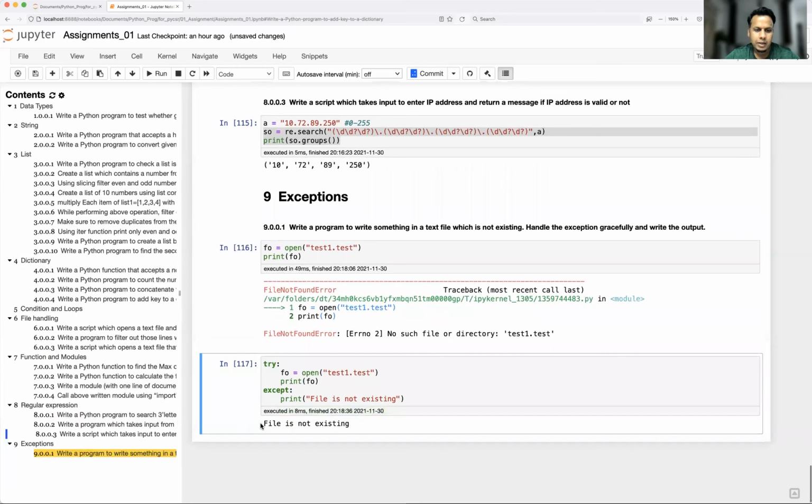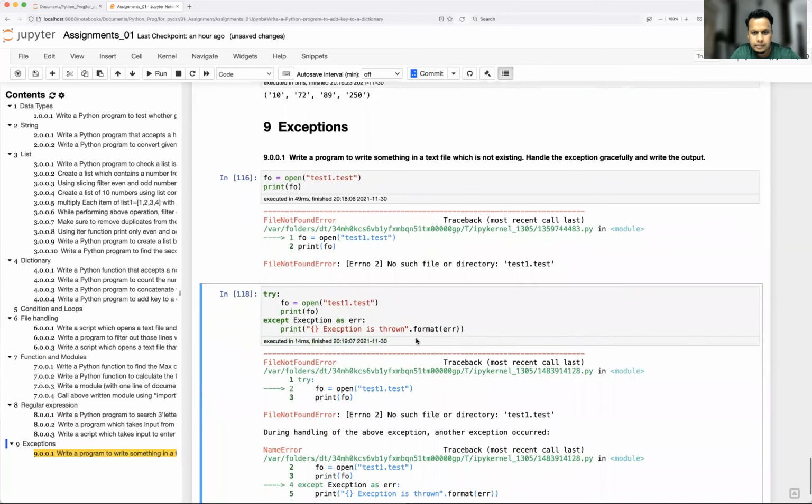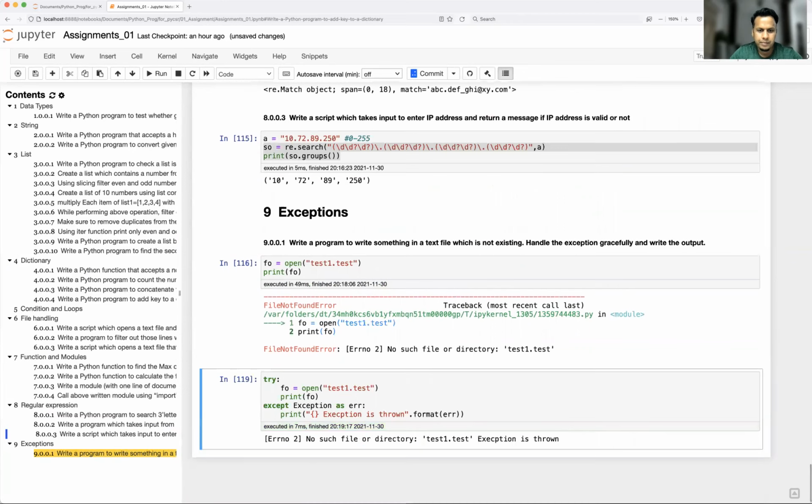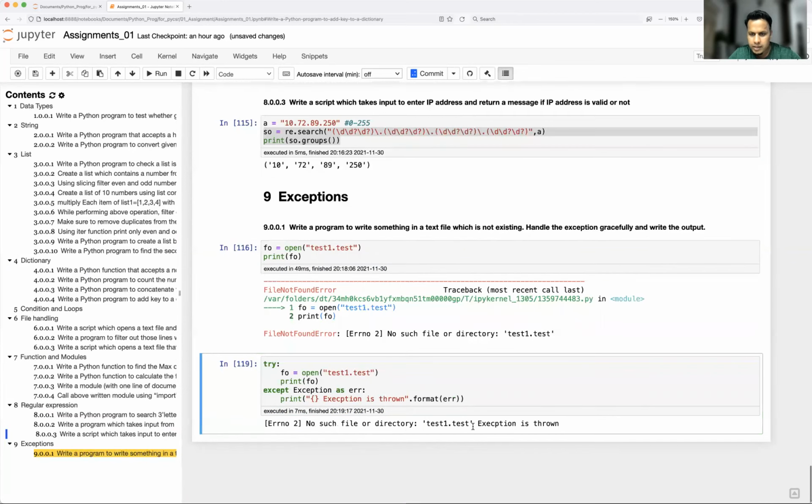Instead of throwing an error, you can just print file is not existing, or you can handle it as except FileNotFoundError as error and print the error with format. Sorry for the typo. Yes, no such file or directory test1, the exception is thrown.